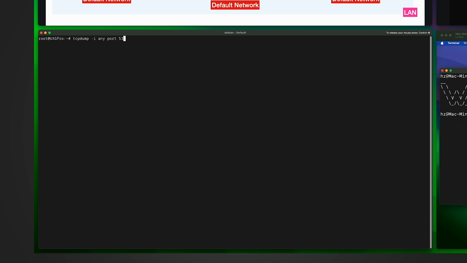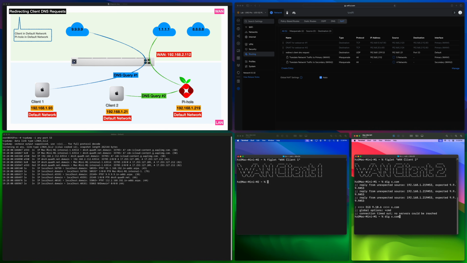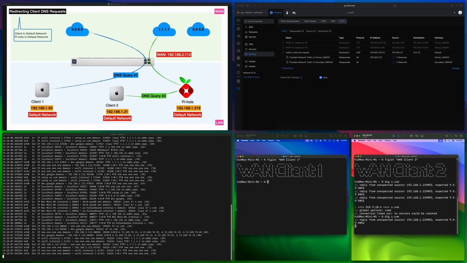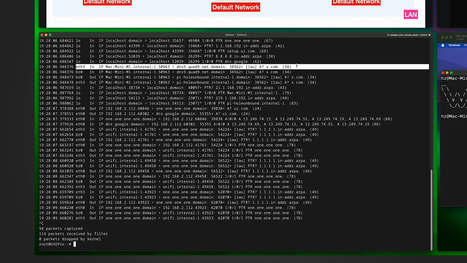In the gateway, let me run the same command for tcpdump. Okay, it started. Then from the client machine, let me do the dig again. Okay, something's captured. Stop it. See, starting from this packet is for our testing. The interface is still S3 because we are talking about the default network, the LAN, and the direction is in,